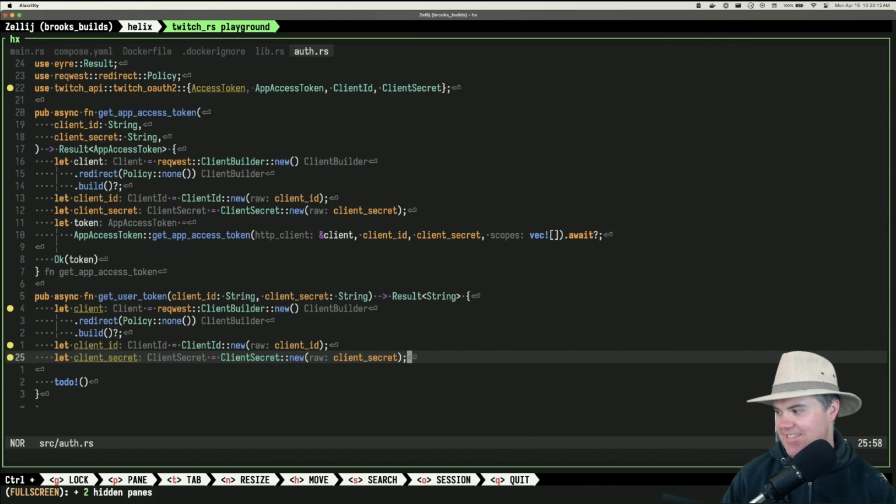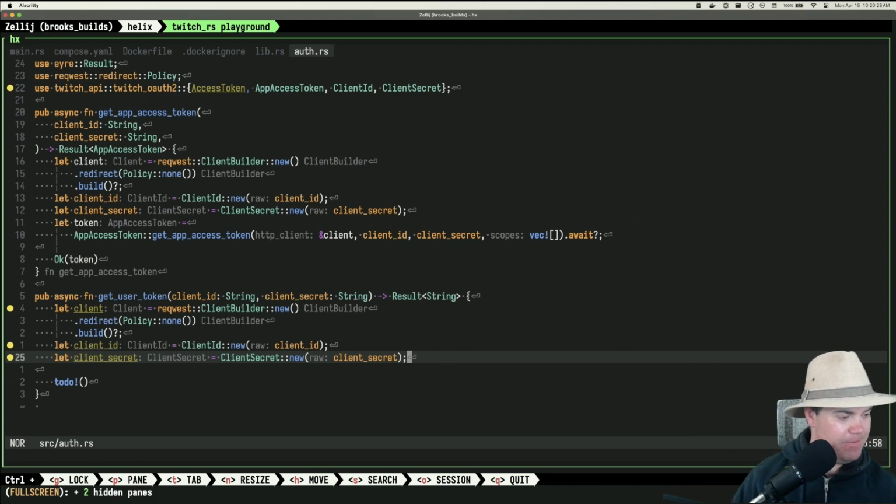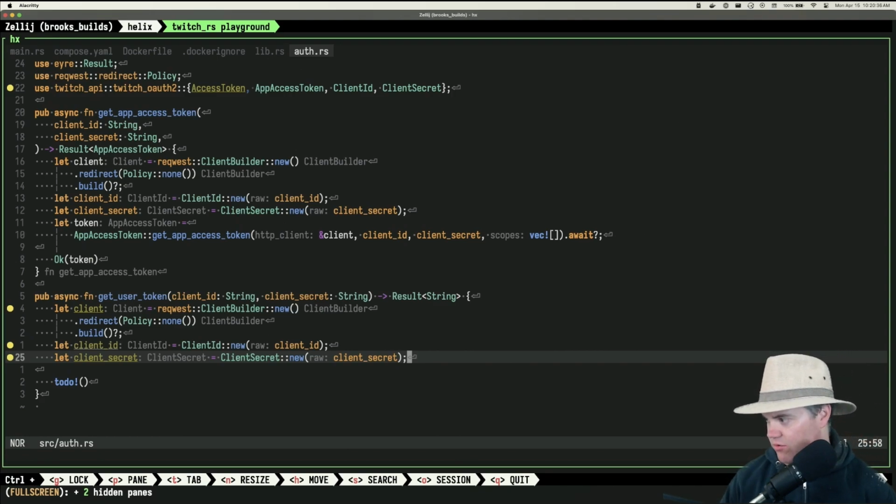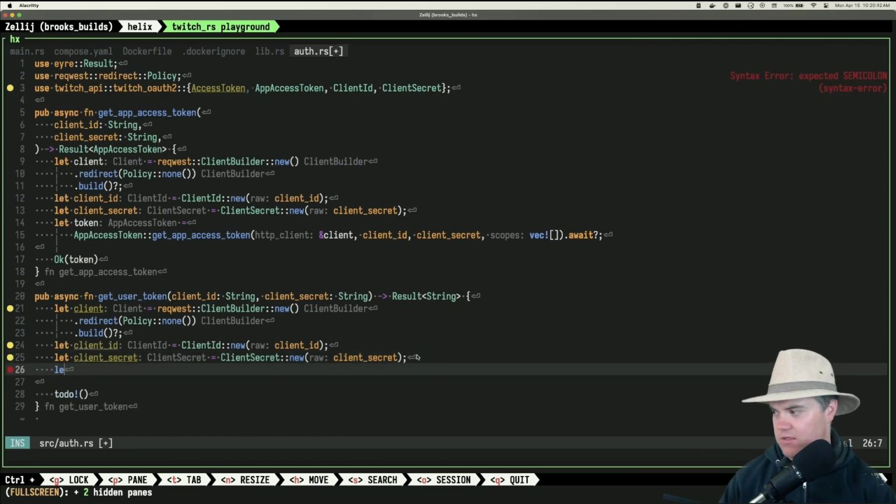Okay, so this is a little bit kludgy. I wonder if I should just set up Axum like in the real app for this, just for this side. Because it kind of makes sense to do that. But okay, I'm gonna go to client. Let's see. So now I create the redirect URL. Okay, so we're gonna do